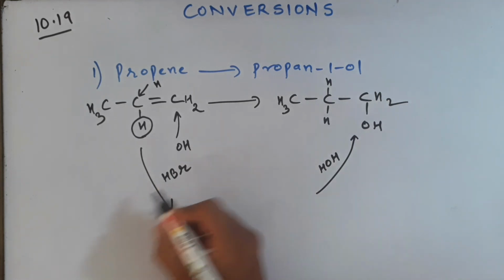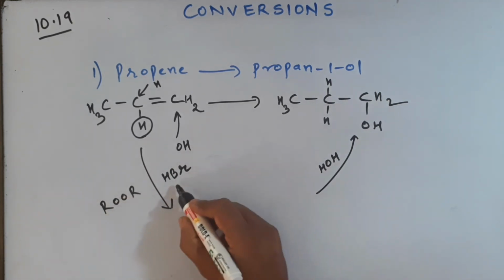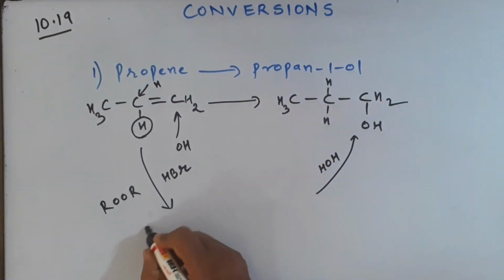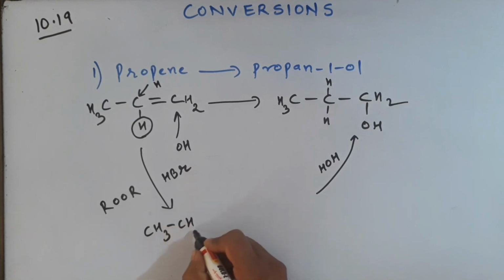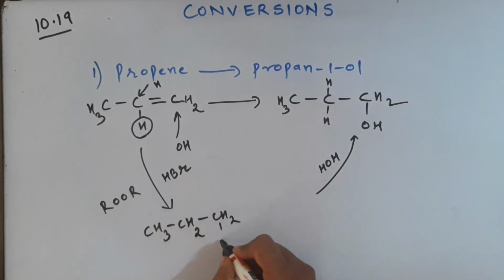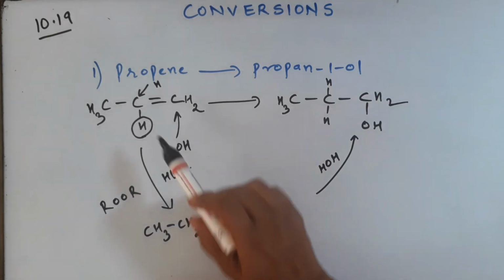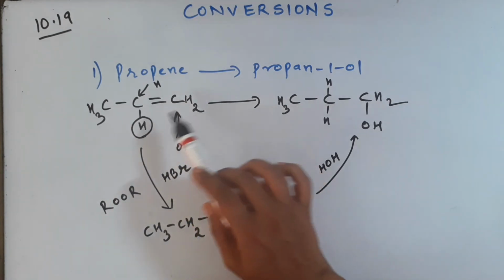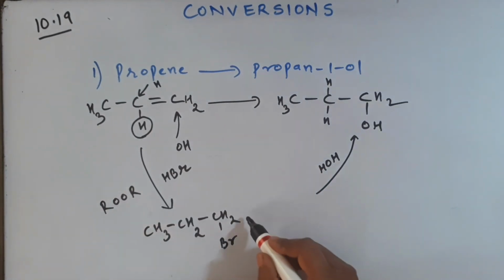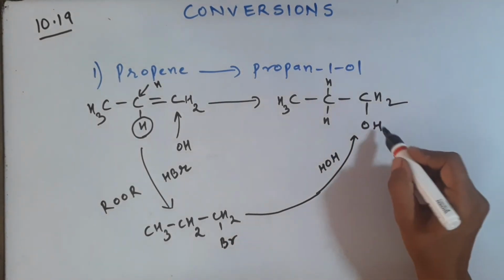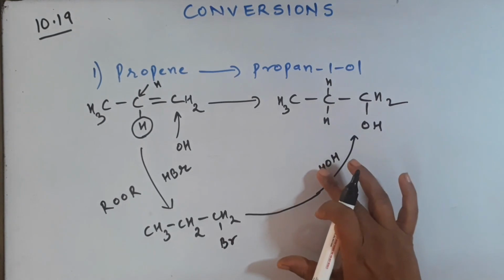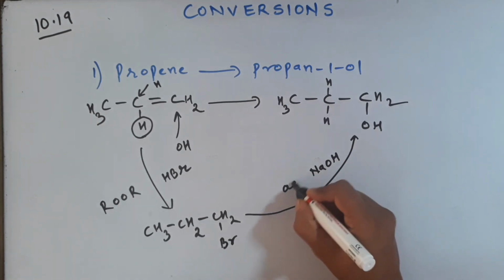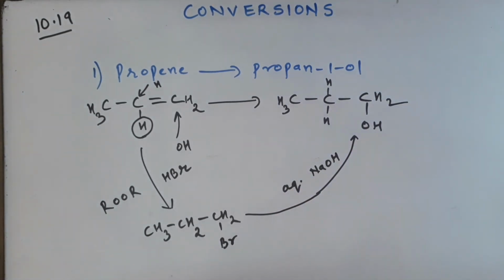So this is anti-Markovnikov's rule, and for doing anti-Markovnikov's addition, you remember we had used hydrogen bromide. So we are going to use peroxide, that is addition of HBr in the presence of peroxide, because we have to do anti-Markovnikov's addition. So we will get CH3CH2CH2Br, isn't it? The hydrogen will go to that carbon which has fewer hydrogens. This carbon had one hydrogen, this carbon had two hydrogens, so we have added hydrogen on this carbon. And now going from 1-bromopropane to propan-1-ol is not a difficult task. You have to simply use reagents like aqueous sodium hydroxide or potassium hydroxide, and you will get this product.